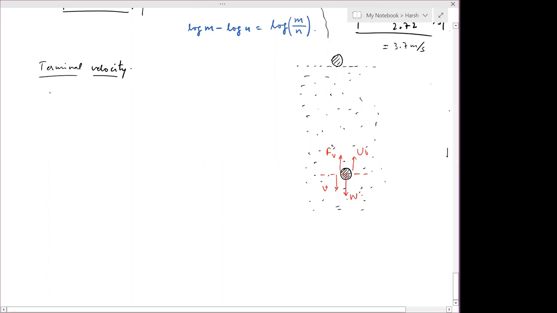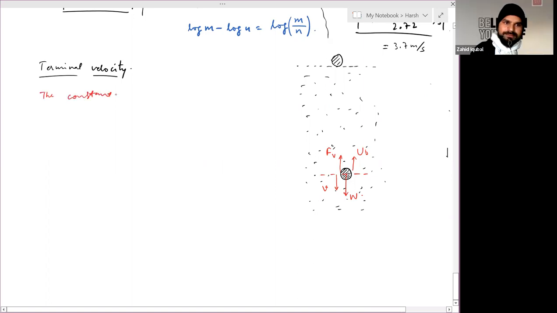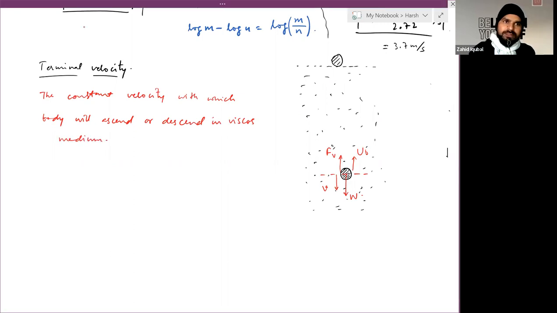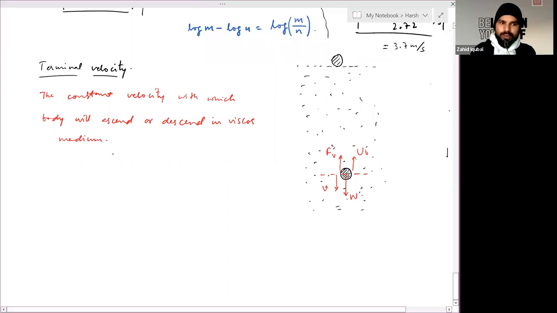So terminal velocity is the constant velocity with which a body will ascend or descend in a viscous medium. This is called terminal velocity. So at this point, since velocity becomes constant,